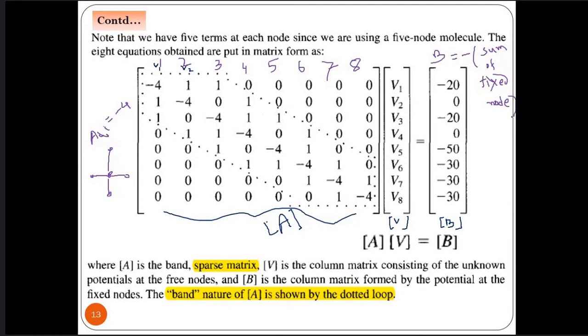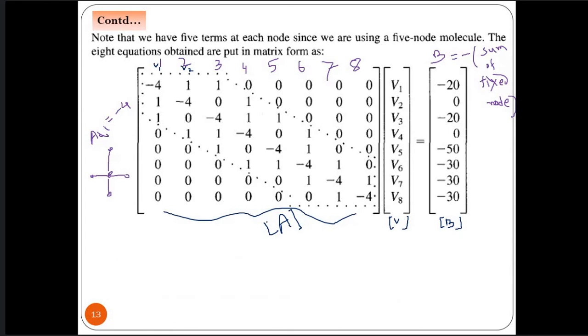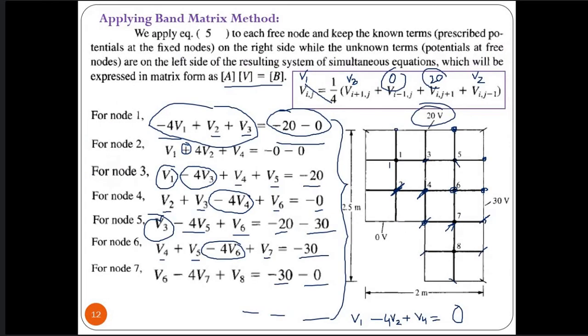Now, if you move to the previous figure, you can easily write down the equations. You can directly write down the matrix. For example, if I start with this, what is the first row? You tell me. What is the first row? It is V1. It is the B matrix.